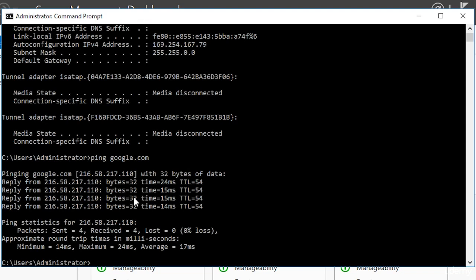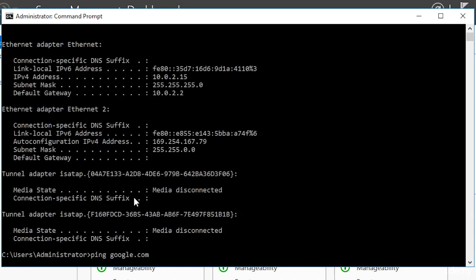Now what we need to do is get our second host-only network adapter to work. We can see the IP address of the second adapter is a 169.254 address. This means that the computer itself was unable to find a DHCP server on our network and instead assigned a private IP address to itself. We need to configure an IP address that is on the same network as the host-only network that we created